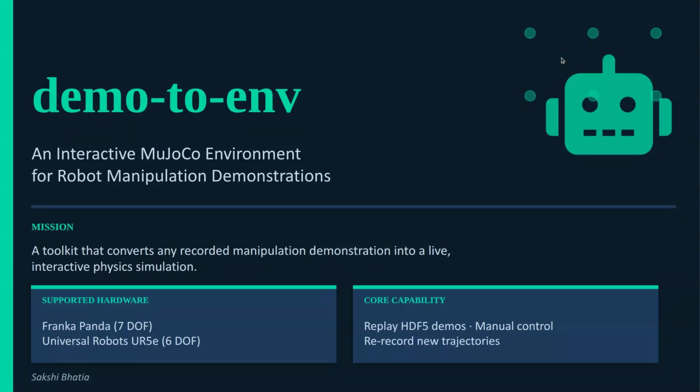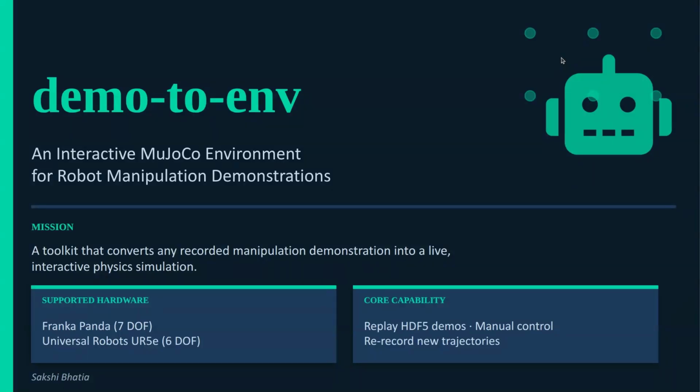But we can only usually open those HDF demo files in a RoboSuite framework. And if it doesn't belong to a RoboMimic or RoboSuite type framework, we have to manually inspect the HDF files. Also, you need to have RoboSuite set up, so your system is usually dependent on that.